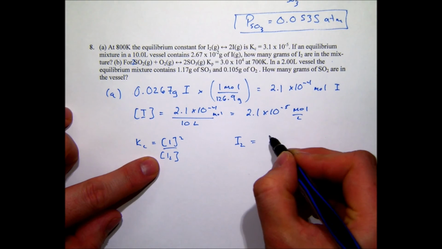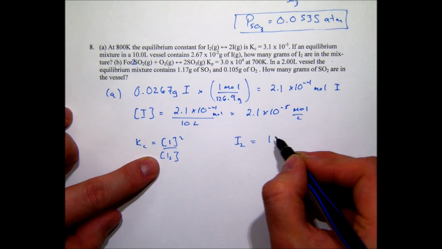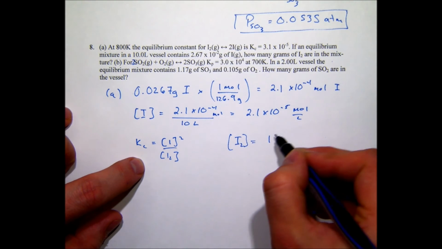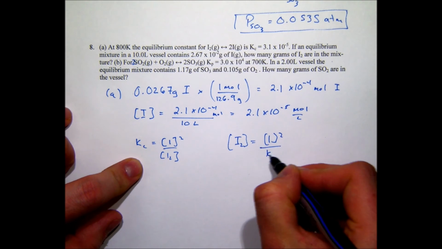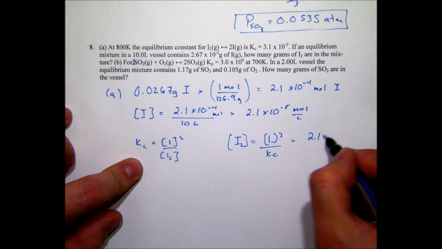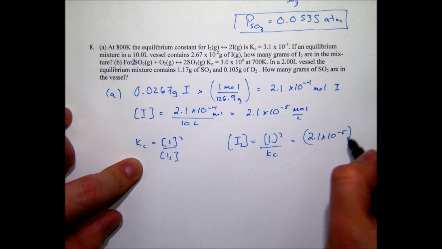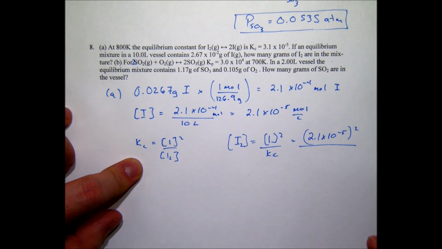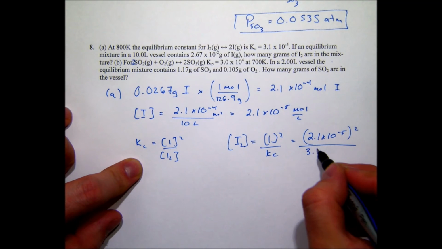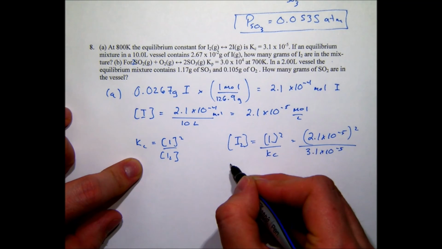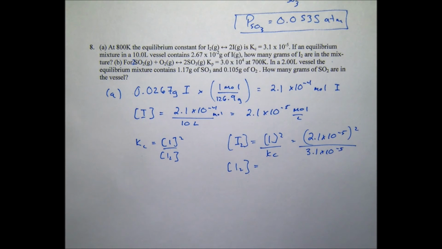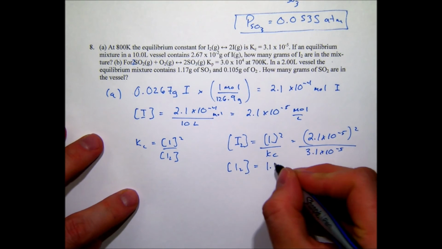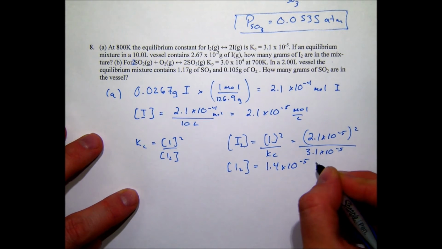So the concentration of I2 is equal to the concentration of I squared over Kc. Kc's given. I'm simply running through and solving for it: the concentration of I2 is 1.4 times 10 to the negative 5